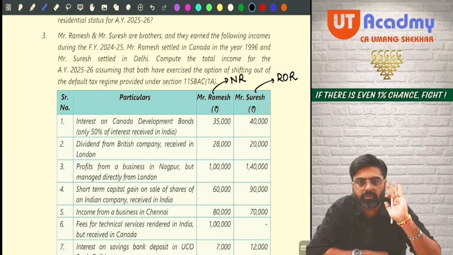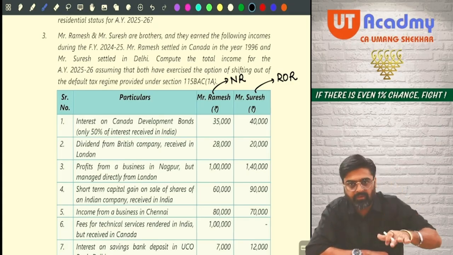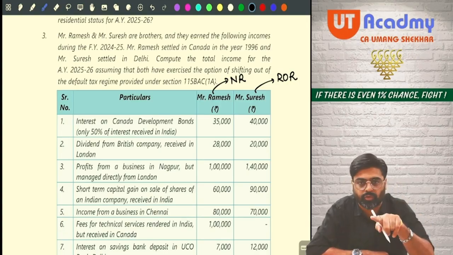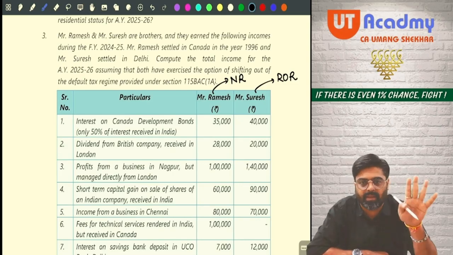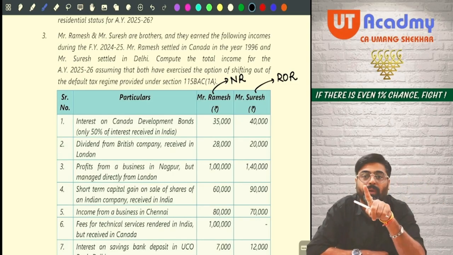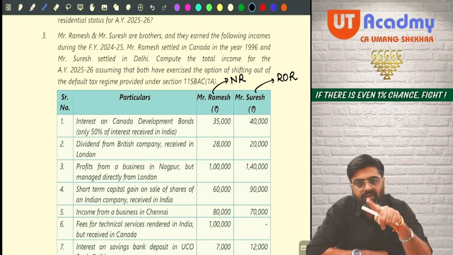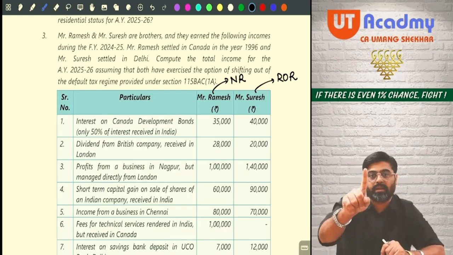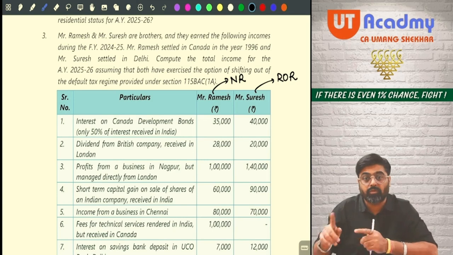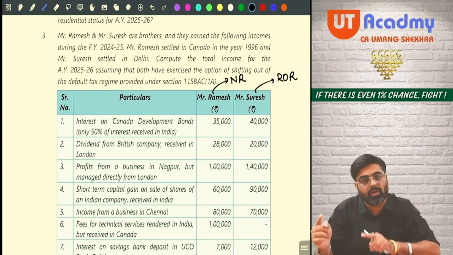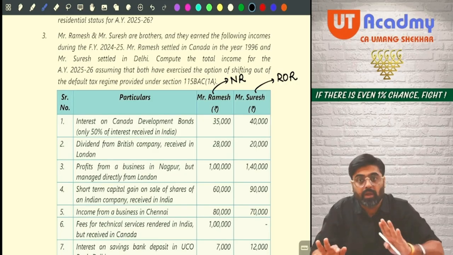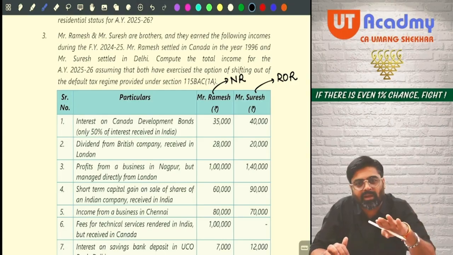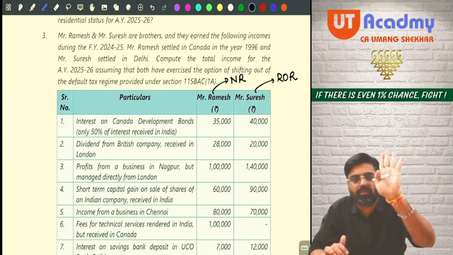look at these incomes which they are earning during the previous year 24-25, and based on their residency status which we have just now determined, we are supposed to say whether these incomes are taxable for them in India or not. See, as far as Ramesh is concerned, whose residency status is non-resident, all the incomes which are Indian incomes will be taxable for him. All the incomes which are foreign incomes, either part A or part B, will not be taxable for Ramesh. Yes or no? And about Suresh, all the incomes, whether Indian incomes or foreign incomes, part A or part B, will be taxable for Suresh.